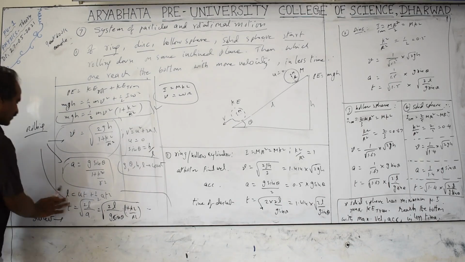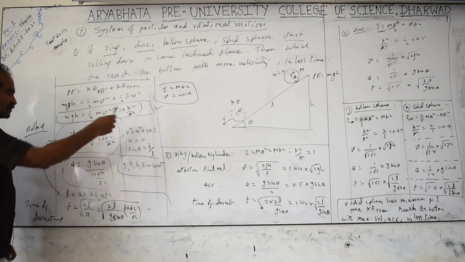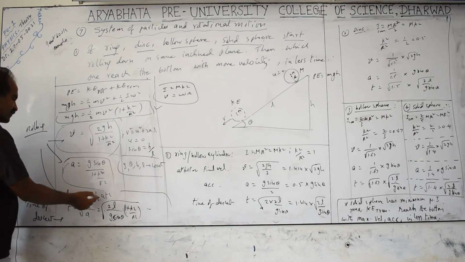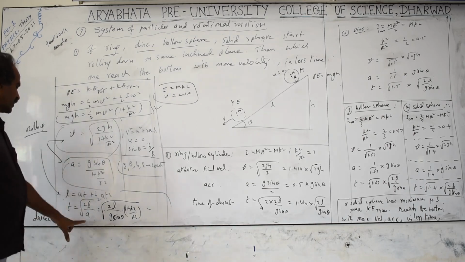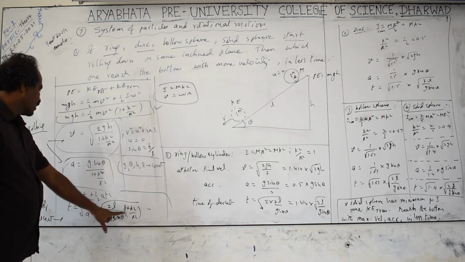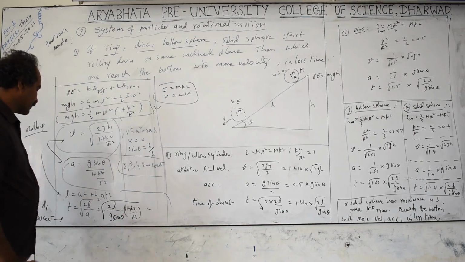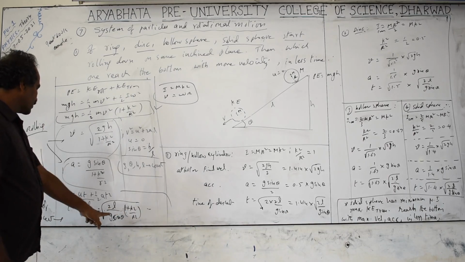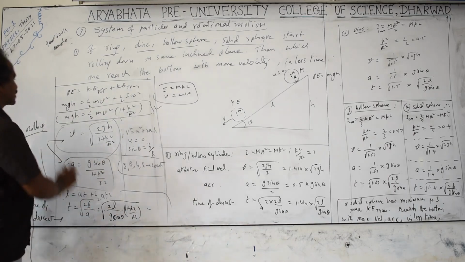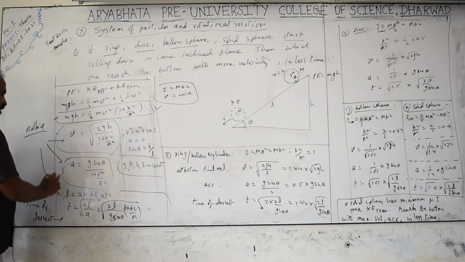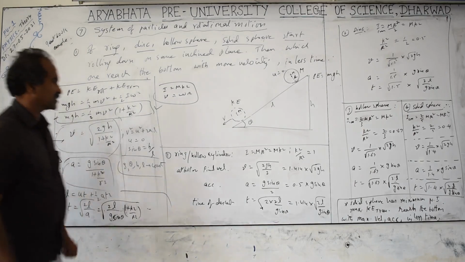S equal to ut plus half at square. S means the length of the inclination L, same for all the three objects. U is 0, hence t becomes equal to root of 2L by a. Substituting a here, you will get 1 plus k square by r square go to the numerator. So this relationship you have to substitute for the three objects. You have to remember this velocity formula: total energy, velocity, acceleration, time. If you know this one equation, you can calculate the other equations easily.